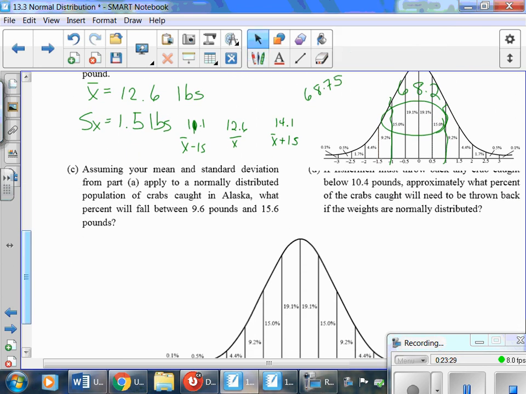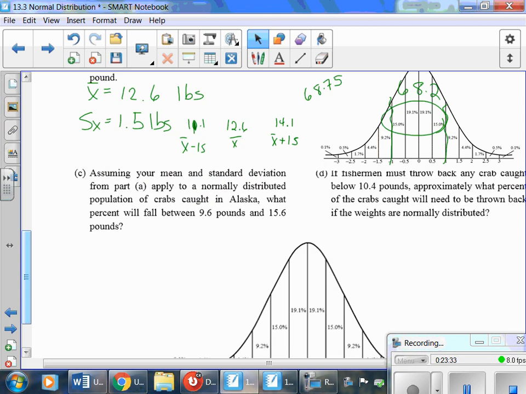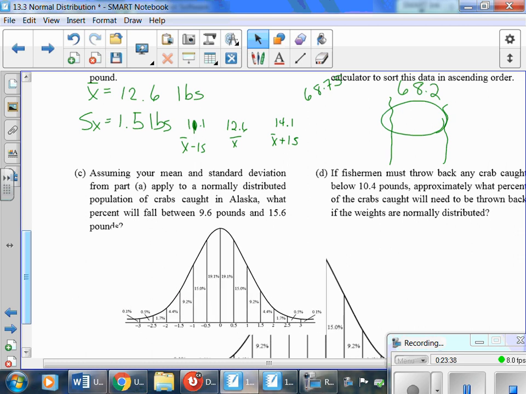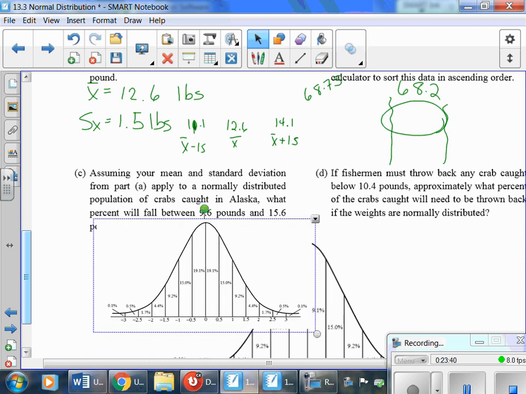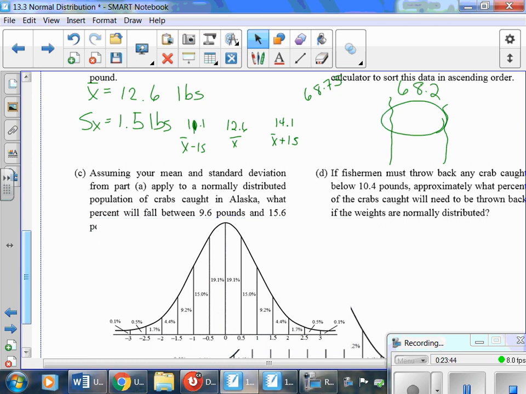You could use this piece right here, make it a little bit bigger, and say our mean turned out to be 12.6. That's right here. One standard deviation is 14.1. The other one is 11.1